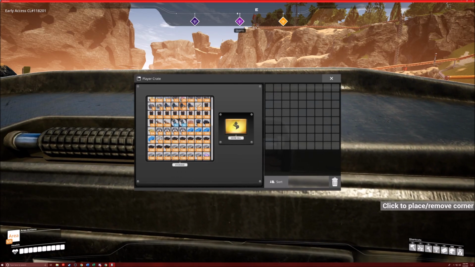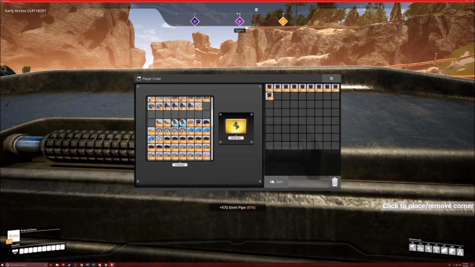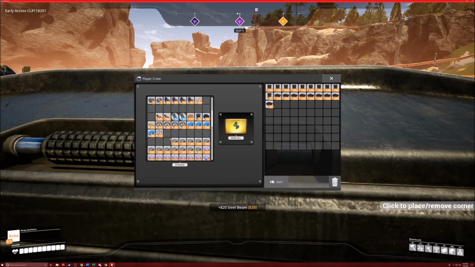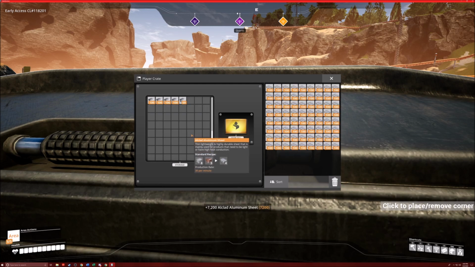200 motors, 50 encased industrial beams. Let's see how many pipes that is. It should be about, all right, I'll take that over. About 1,000 steel pipes, not bad. 200 copper sheets, about 1,000 steel beams, about 100 motors, 200 heavy modular frames. Oh, but this is going to be the interesting one. This is when I do all the belt work. It took